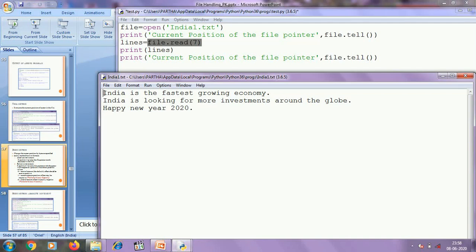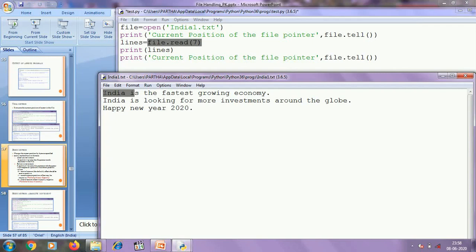So this is the first byte, then second byte, third byte, fourth byte, fifth byte, this is 6th, and this is 7th byte. So file.read(7) will read these 7 characters from the text file, and it will store these 7 characters to the variable lines. Then we are printing the value of the variable lines, so it will display India space I.